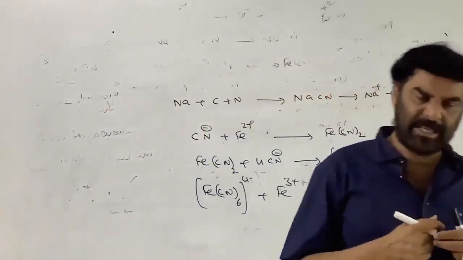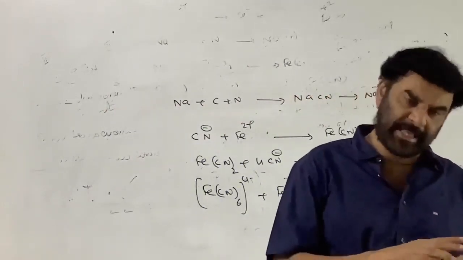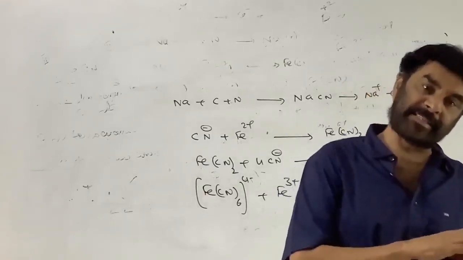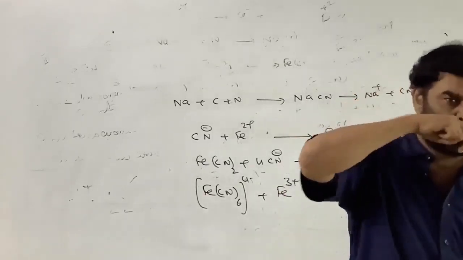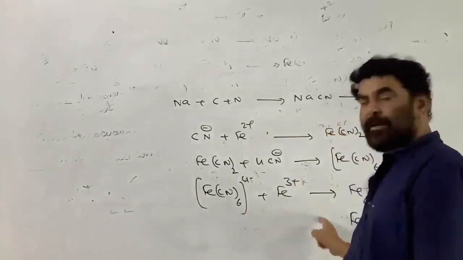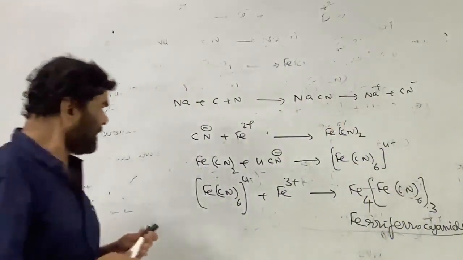So, after the addition of the ferrous sulfate, you can conduct the reaction in two ways: by adding H2SO4, or by adding HCl followed by ferric chloride. That way you can carry out the reaction. Ferric chloride can be used. But one thing you see here,